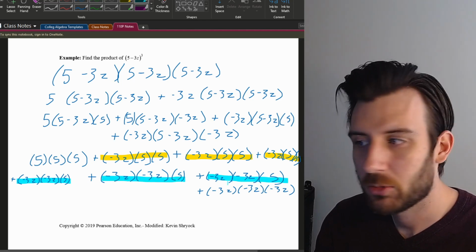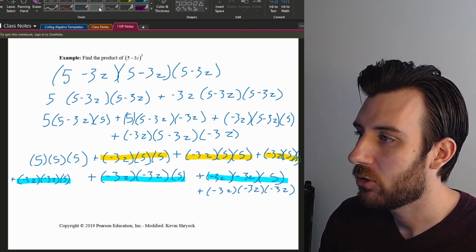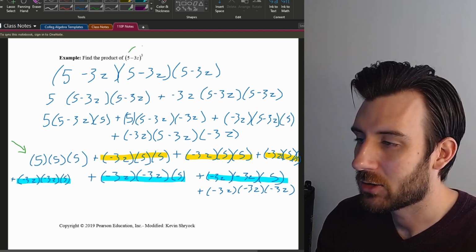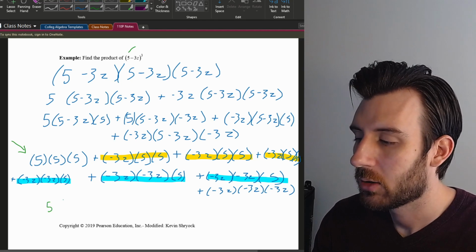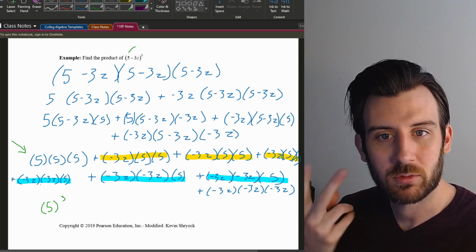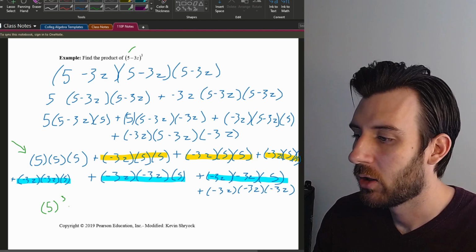So you've got 8 terms in total, and you can almost categorize them. The very first of these terms is what happens when the 5 gets multiplied by itself, so we're always going to have that first term being cubed. We have 8 total terms by the time we do all this expansion, because we went from 2 to 4 and then from 4 to 8. So that would be leaving us with 3